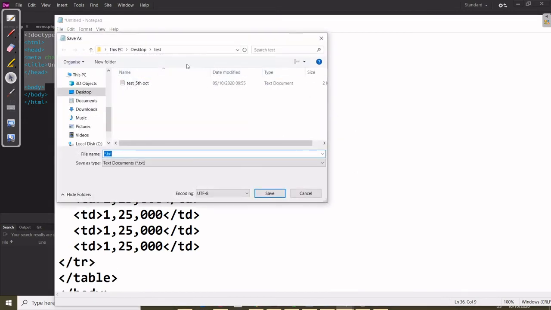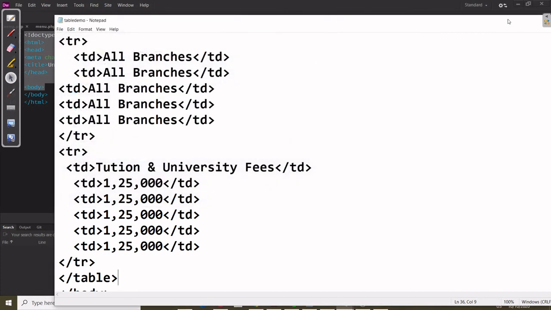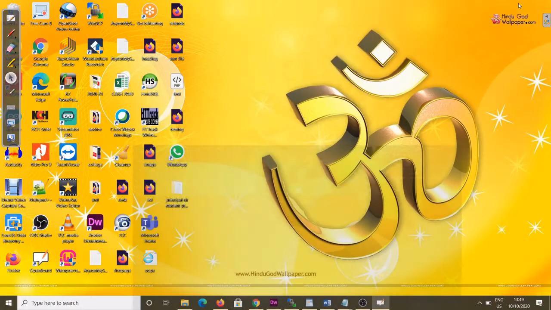Save. I will save inside the test folder, giving here table demo.html. This is my file name, and in the same fashion inside a double quote we can put. Now we'll minimize and we'll open the folders.